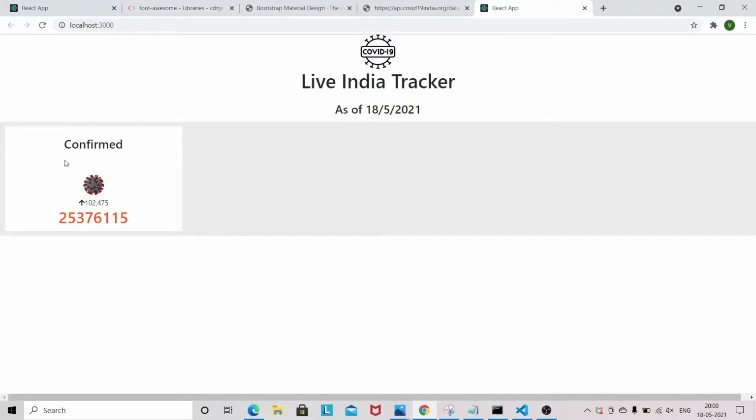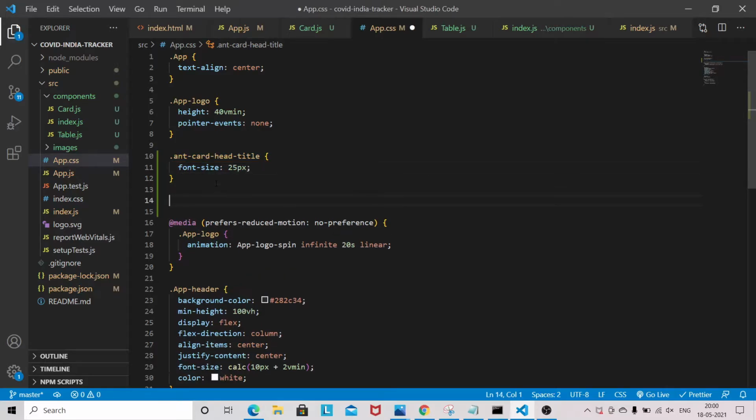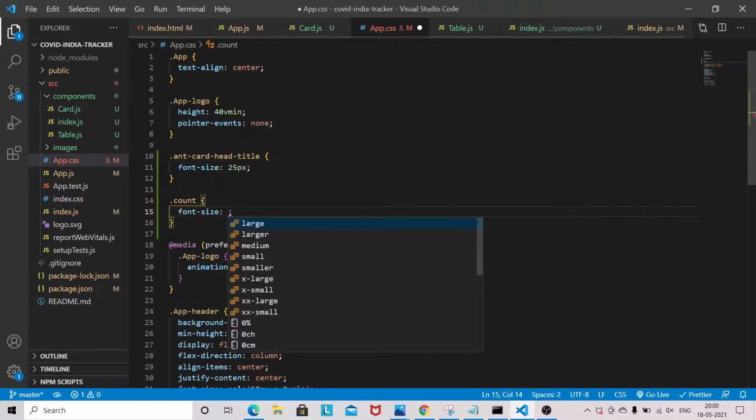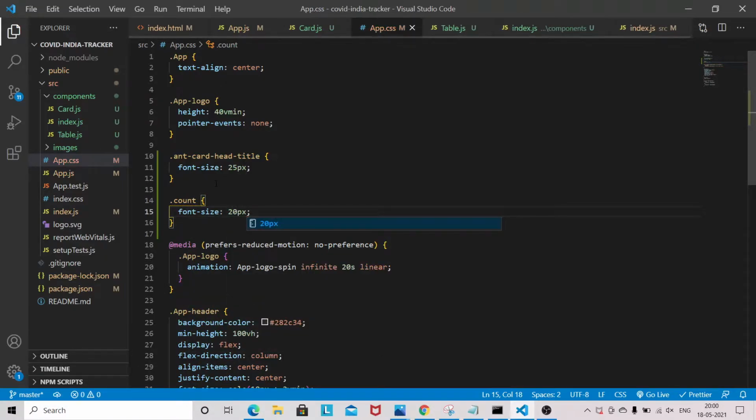So this font size we have increased, and then we have to increase this font. Let's increase this one also a little bit. So I'll target the count class name, and the font size will be 20 pixel.